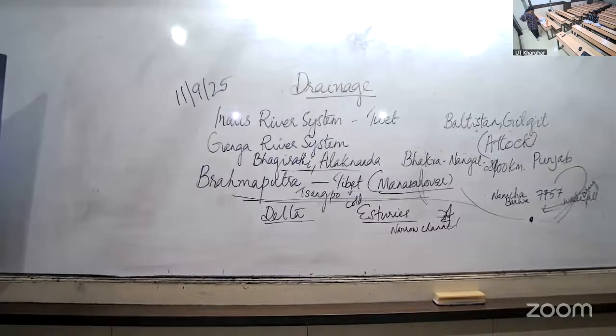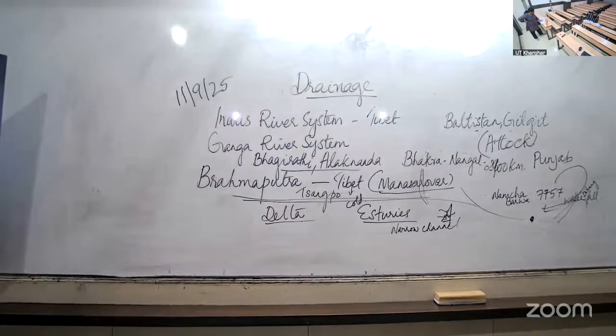Krishna Basin. What is the length? You also mark 860 kilometers for the Mahanadi. Krishna, rising from a spring near Mahabaleshwar, the Krishna flows for about 1,400 kilometers and reaches the Bay of Bengal. The Tungabhadra, the Koyna, the Ghataprabha, the Musi and the Bhima are some of its tributaries. Its drainage basin is shared by Maharashtra, Karnataka, and Andhra Pradesh.